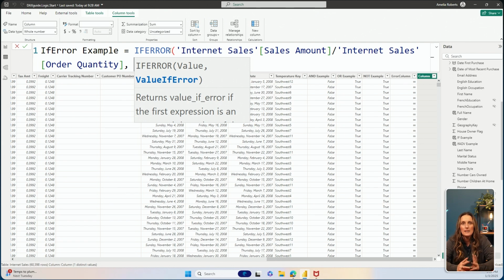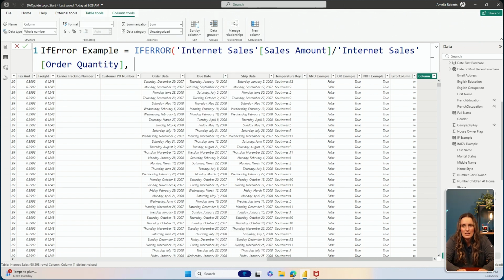Once you start to really get into using DAX, I highly suggest starting to take notice of what IntelliSense is helping you with. It is extremely beneficial in your DAX journey. I'm going to hit escape to get rid of IntelliSense so that you can see what I'm typing a little bit better. And if there is an error, I simply want it to put